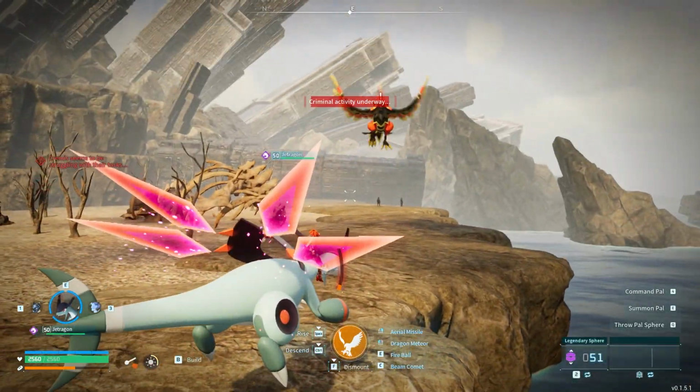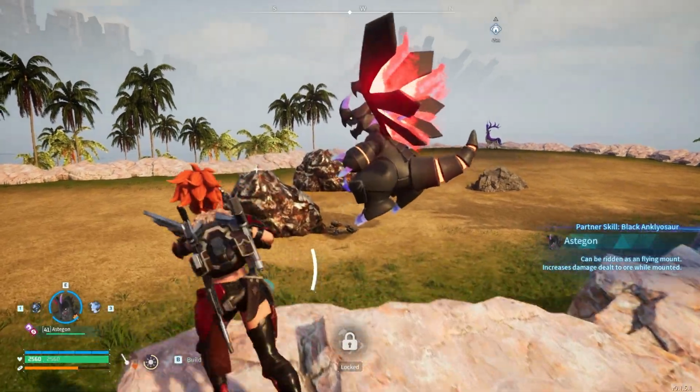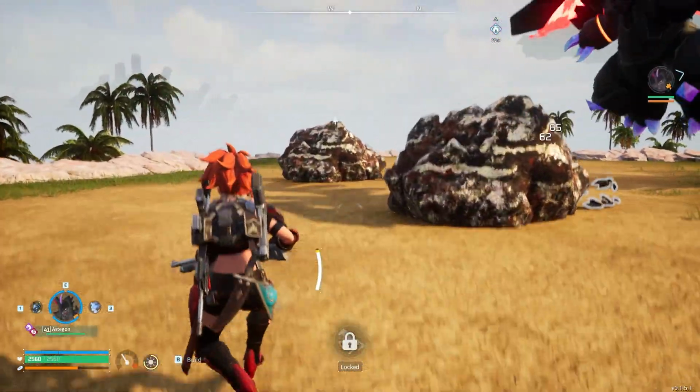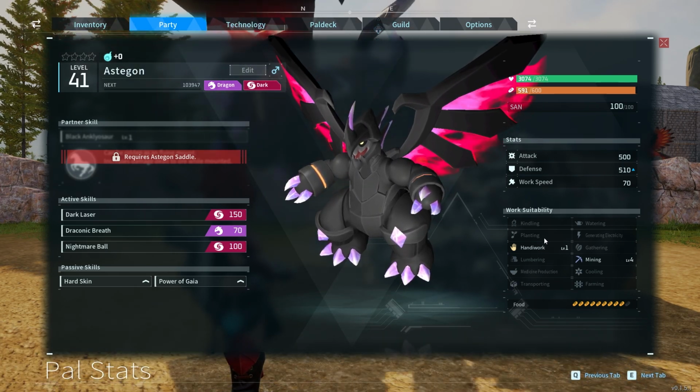Phalaris also spawns in Sanctuary number 3, but I would just breed to get better traits. Astragon is an exceptional late game miner, being level 4 in that stat, and also has level 1 handiwork to boot. He's a dark dragon type, which is decent, but his attack and defense stats are ridiculously high, making him